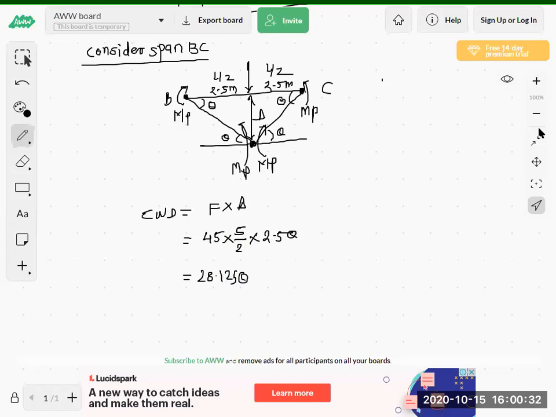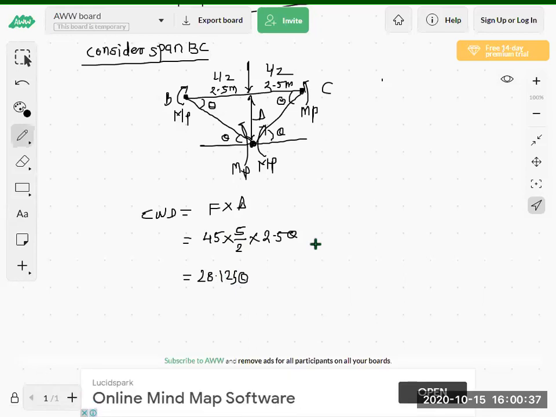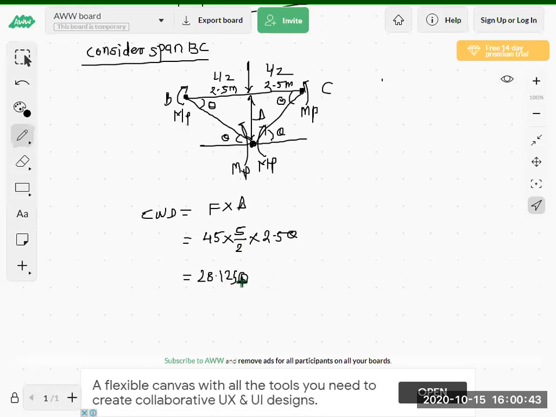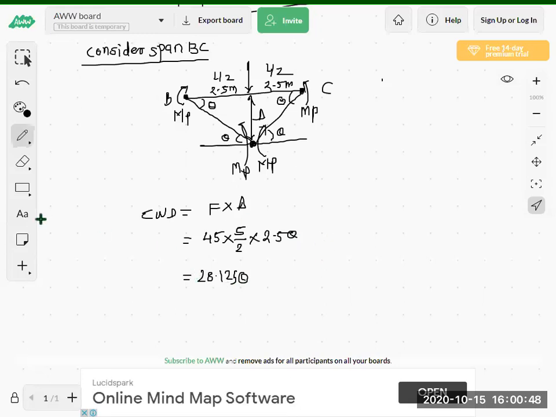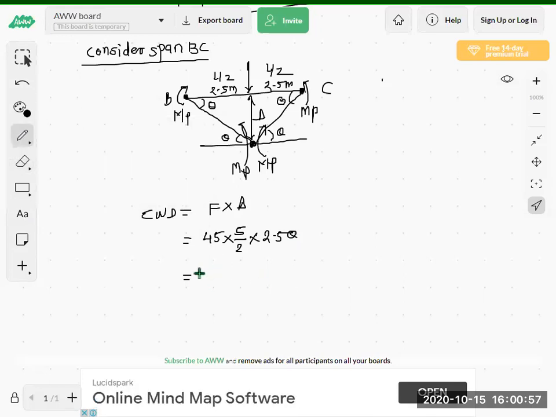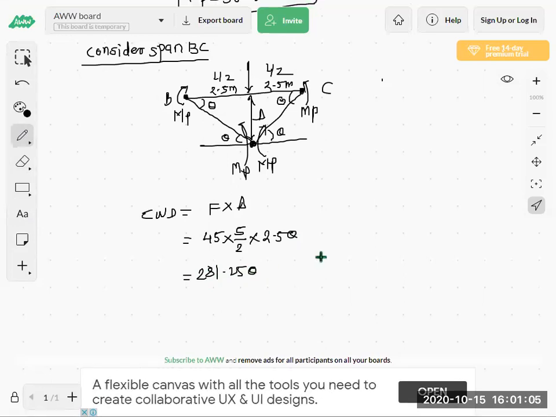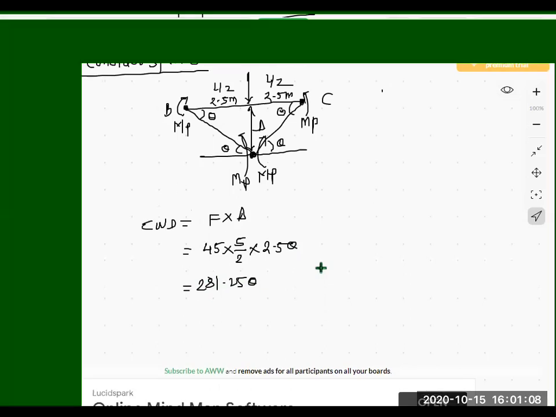Okay, 28 or 281. So Pranil has given answer 281. Priyanka, check your answer. Okay, all others have given 281. It means 281.25 theta. Okay. Now calculate